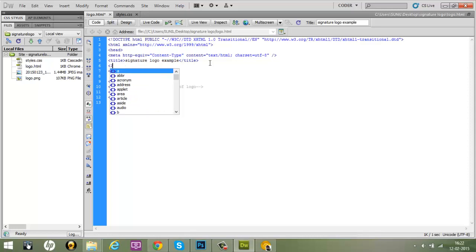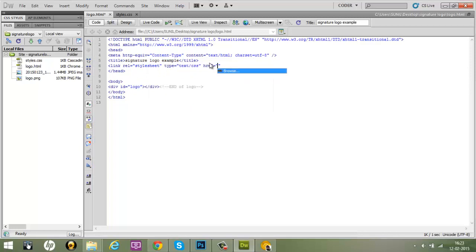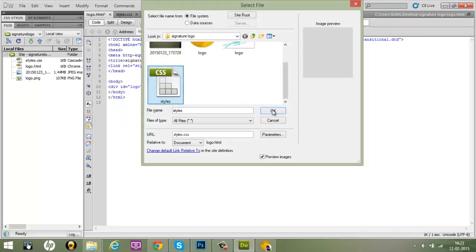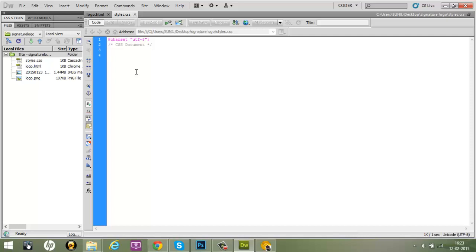So I'll call this link tag, link rel equal to stylesheet, type text/css, and href. I will link to this styles.css, okay, closing my link tag here. So inside of my styles.css let's reference that ID called logo, and